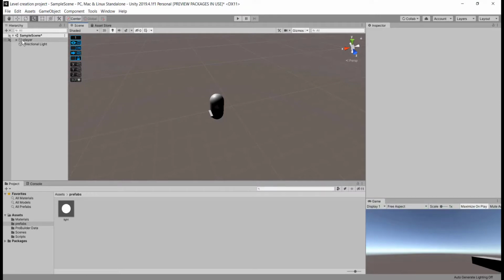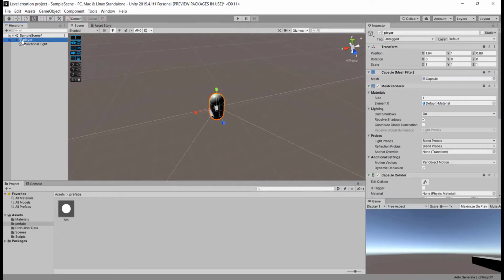So if it's 1, and I select my player object, and go to the move tool, and when I move it, you will see it is moving in steps. It is moving step by step within the ProGrids grid system.